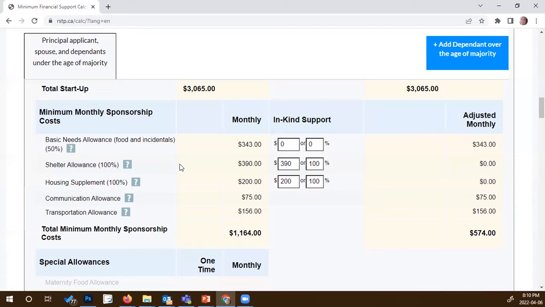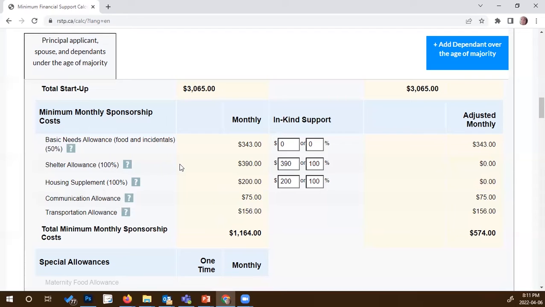That would be acceptable proof documentation, both of those, the lease and the piece of mail for the refugee, to prove that the co-sponsor is renting a place and that the refugee is living there with them. And so as long as you have that proof documentation to back up the reason you're making that shelter allowance deduction, then that will be acceptable.